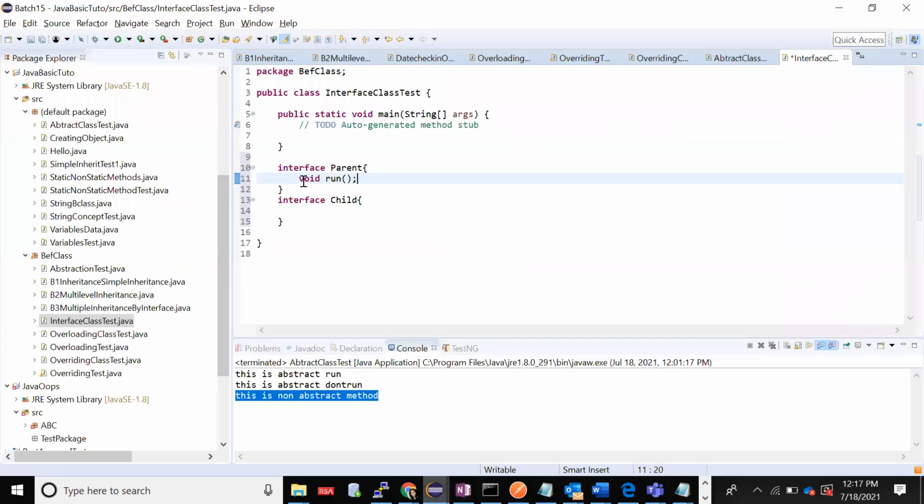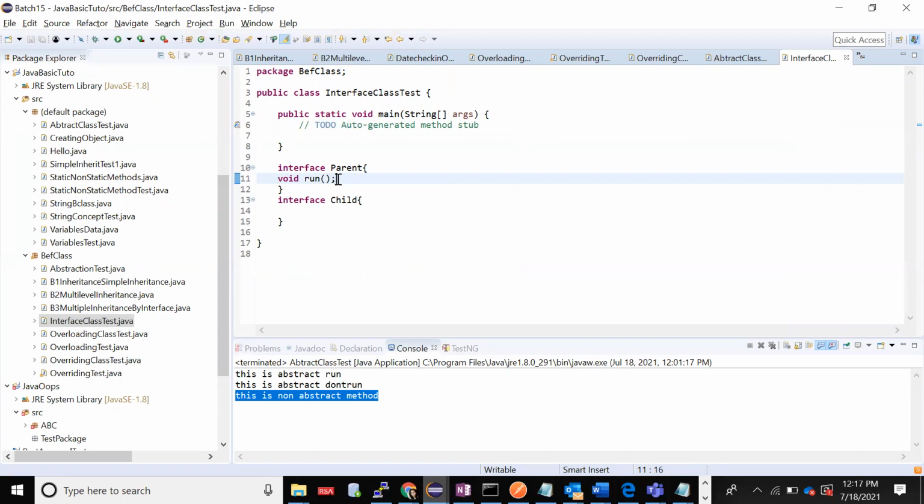I can either add public abstract void, or if I don't add it, not an issue, the compiler will add it for us. When we saw abstraction, it allowed abstract and non-abstract methods. But in an interface, by default all the methods are public and abstract in nature, so it will not allow any non-abstract methods.